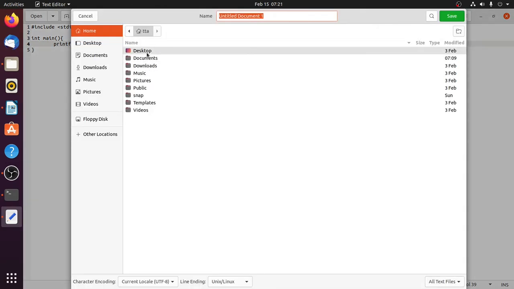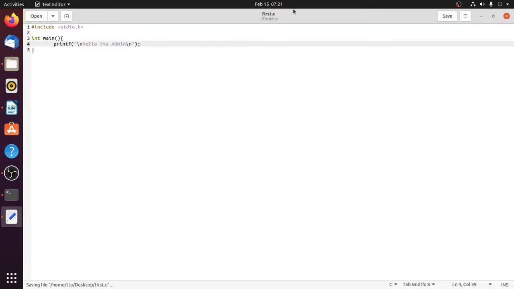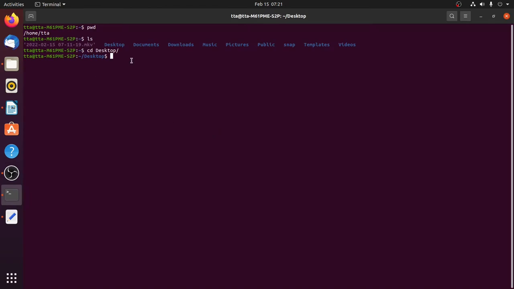to the desktop as I said, and I will name it first.c. Save, and it's been saved as first.c to the desktop. Now using alt tab to switch, as you can see, if I keep my alt pressed, then I can see these different windows. I have not left alt, I have just left the tab button. And I come back to the terminal, and we say again ls, and now you can see my first.c file